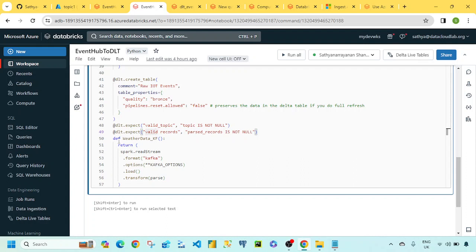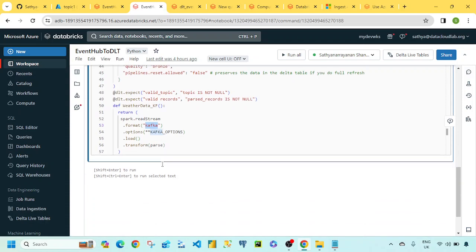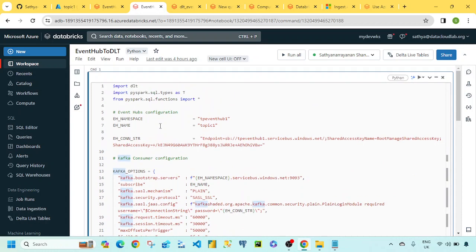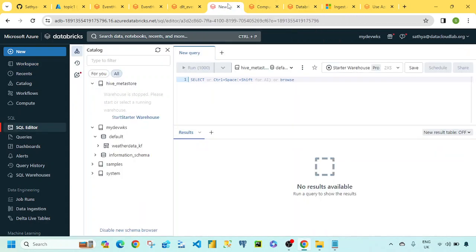And this is just a function wherein readStream is usually used to read these data streams. So here, as I mentioned, this first approach is using Kafka. So we have mentioned Kafka, and then we have this code in the notebook. After having this PySpark code ready in the notebook, the next thing we have to do is create a